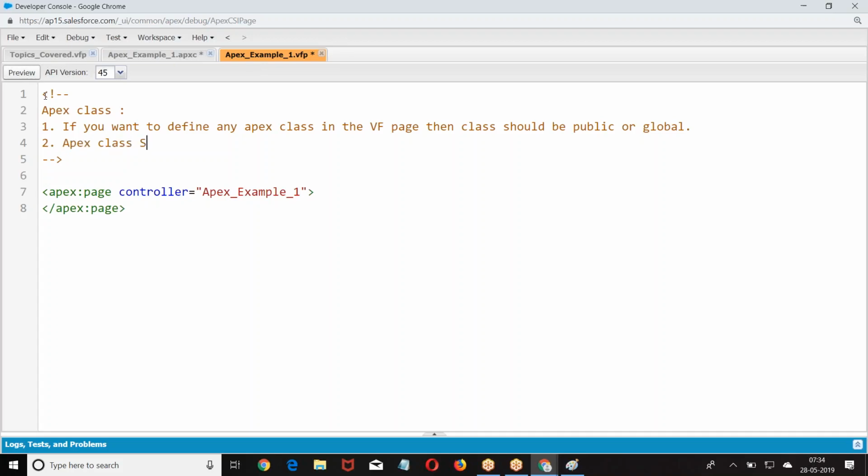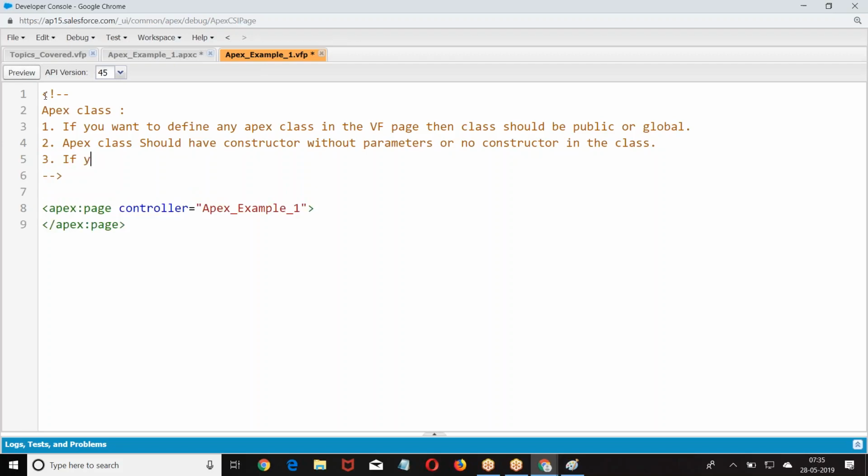The Apex class should have a constructor without parameters or no constructor in the class. Now it can have a constructor with 0 parameters or no constructor.